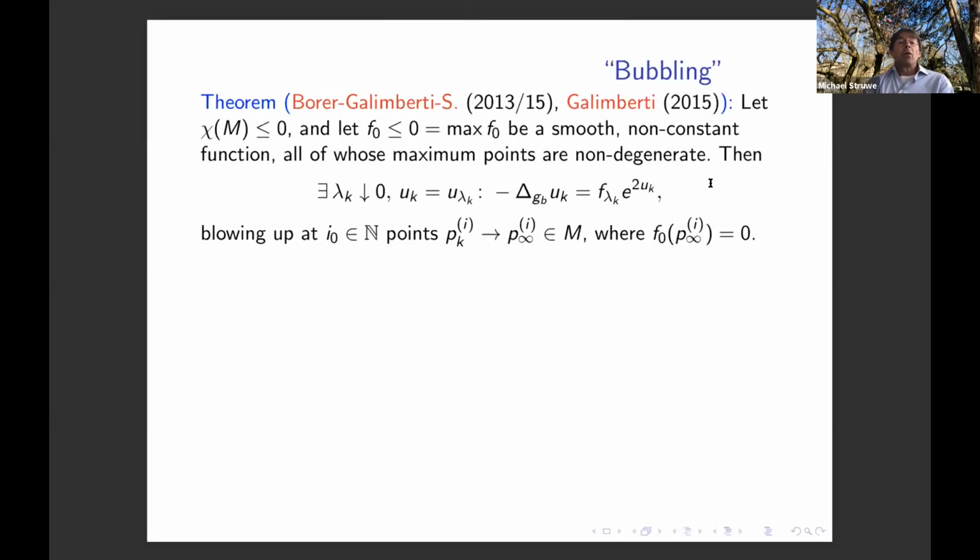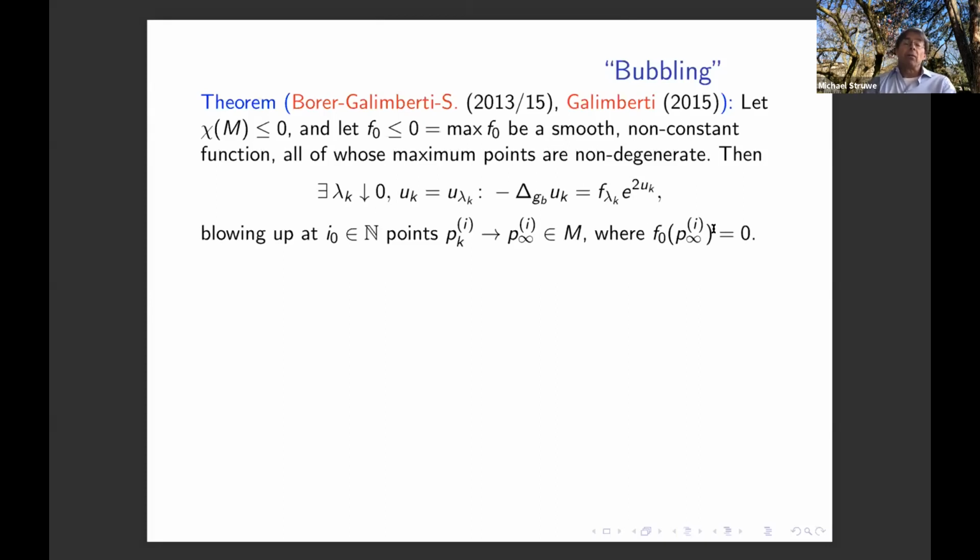Then, for a certain sequence of parameters lambda k converging down to 0, the corresponding solutions uk equal u lambda k, satisfying the prescribed curvature, may blow up at a finite number of points, pi infinity, which necessarily are maximum